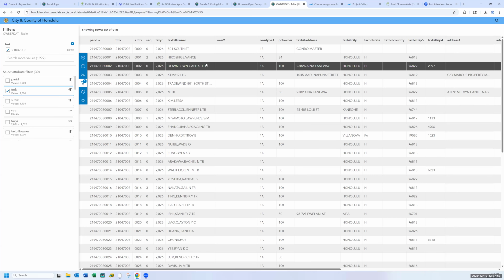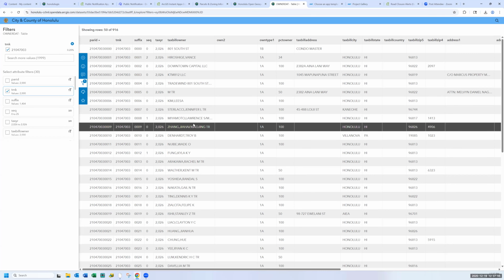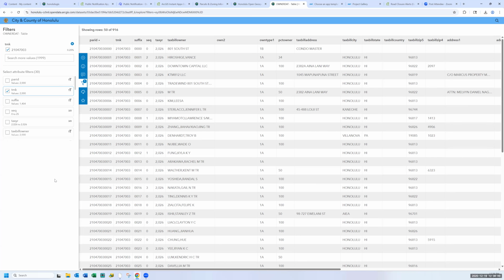Okay. And for our state users, it varies from county to county. I think some counties make this table available or might have it built into their TMK layer. Other counties don't. So if you're going to try and do something like this and you have questions or can't find what you need, you can get a hold of us at gis@hawaii.gov. We can help you find it or reach out to whoever you need to reach out to.